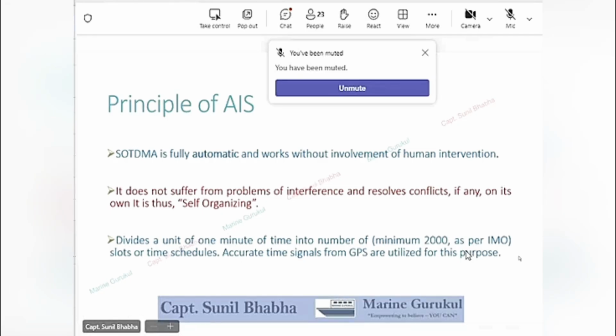So from here it becomes clear to us that the AIS is dependent on the GPS for its operation. If the GPS fails, the AIS system will not be able to work at all. Now, for this purpose, the AIS equipment which we have on board is either given a feed from the ship's GPS, or if it is high-tech equipment, it could have its own positioning capabilities, or its own GPS fitted inside the unit.